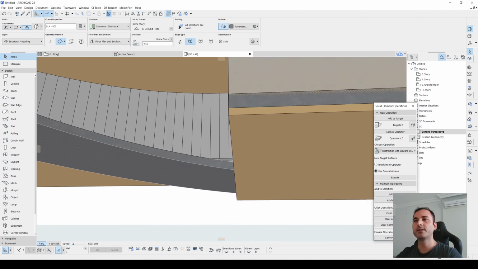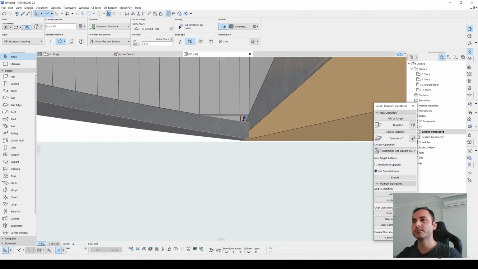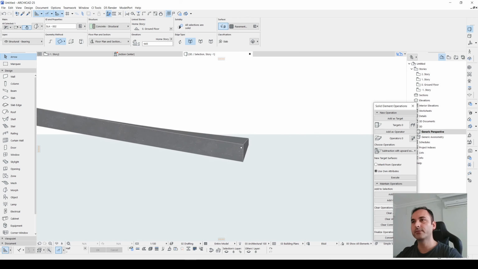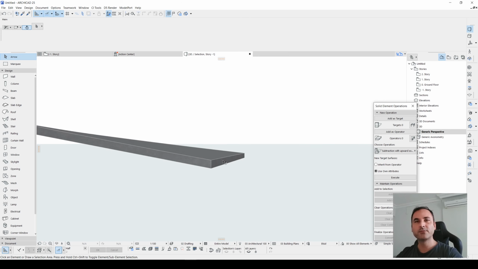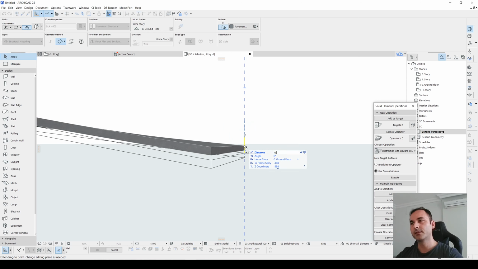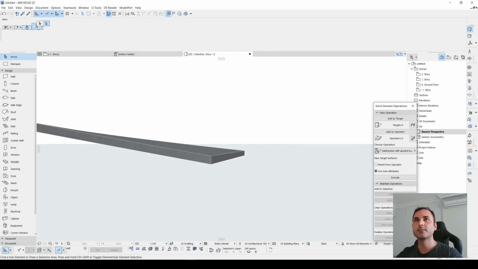Let's fix our morph tool. Hit the F5. We will elevate this part an additional 15 centimeters up. Now let's click here, click this arrow and drag 15 centimeters.